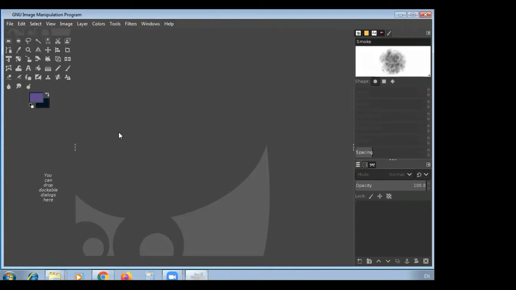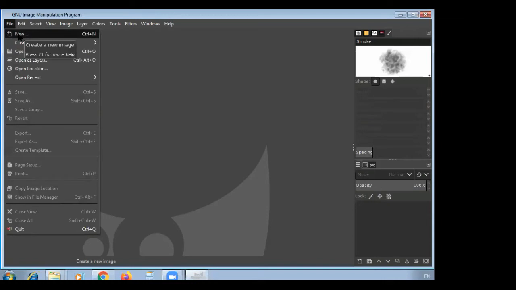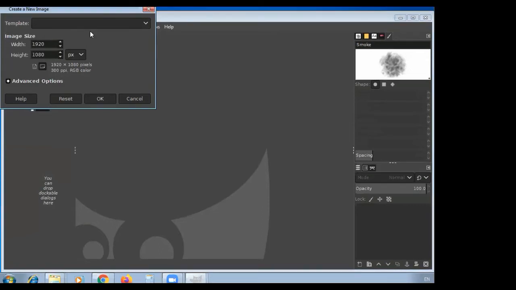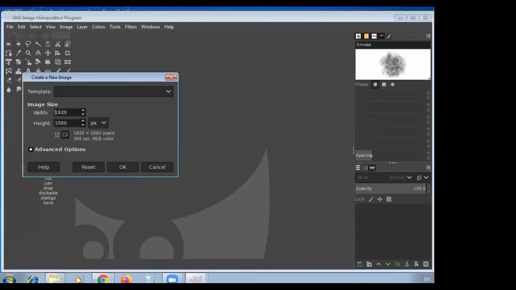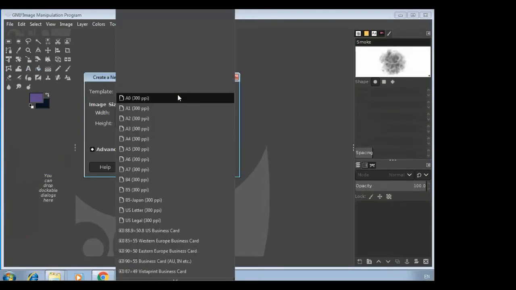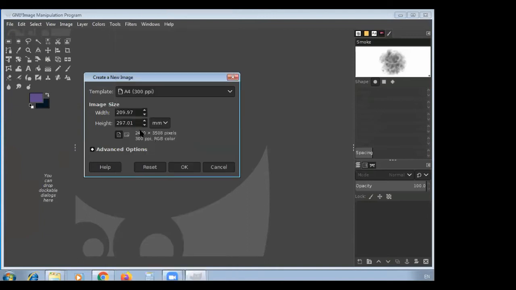Let's start the fourth chapter, Layers and Filters. First, we have to click on the File menu and click on New. Here are the templates which are defined, with template names like A4 size, and we need A4 size.